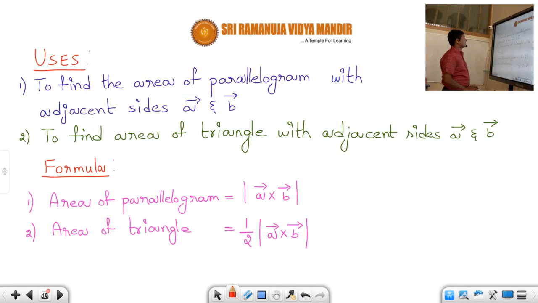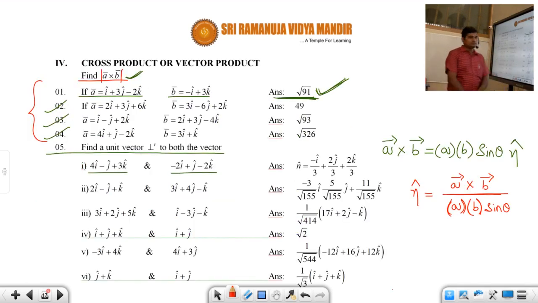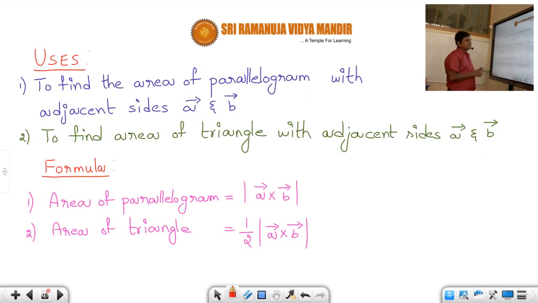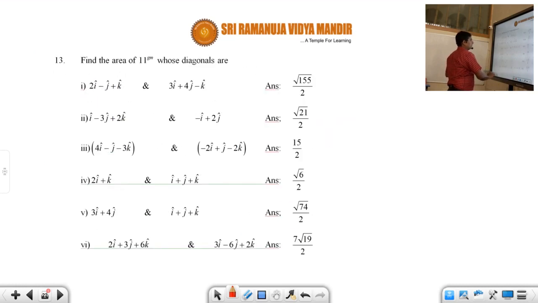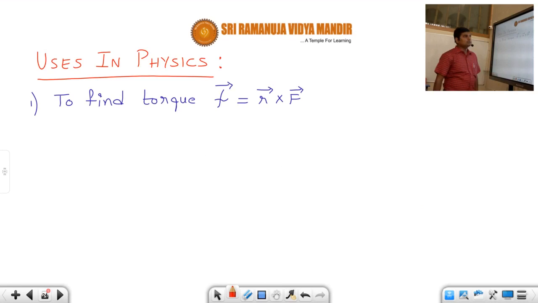And then next we'll see the uses, students, there are two uses. Okay, anyway, students, for this session I think in the next session I'll start with the fifth problem. Okay, students, for this session you just solve only the first four problems, students, and in the next session I'll start solving the fifth problem. One or two problems I'll solve, and then we'll go to the next topic, that is called as uses of vector product. What are the uses of vector product, particularly in physics. That means to find out the torque, students.